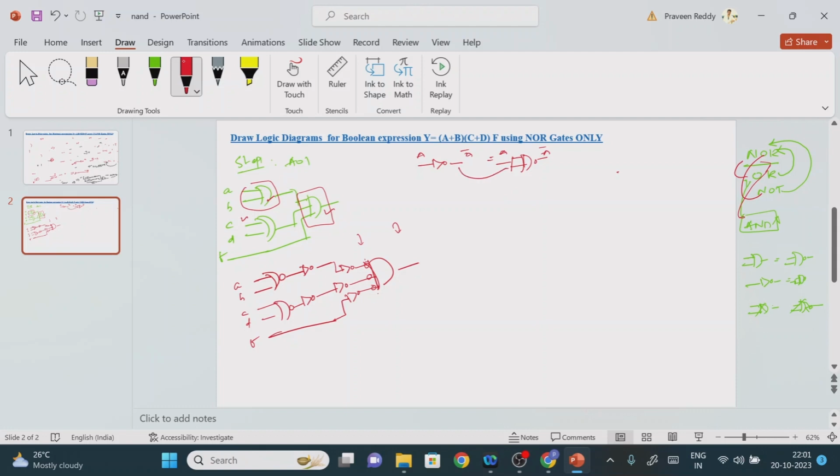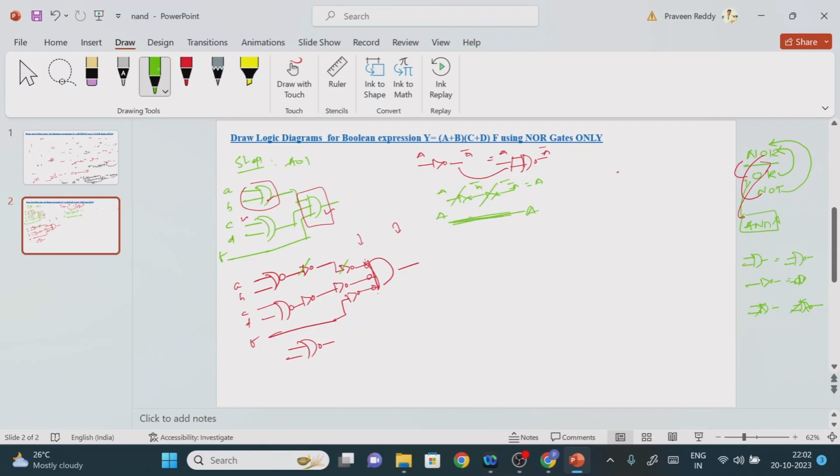Now we will perform the conversion operation with the NOR gate, right? Then one more point: if you have an even number of logic gates, what will happen? As we explained in the previous class, an even number means it will be cancelled. Something like this: here A bar, again A bar whole bar means A, right? So instead of writing this, we will write like this. It means that these two will be cancelled.